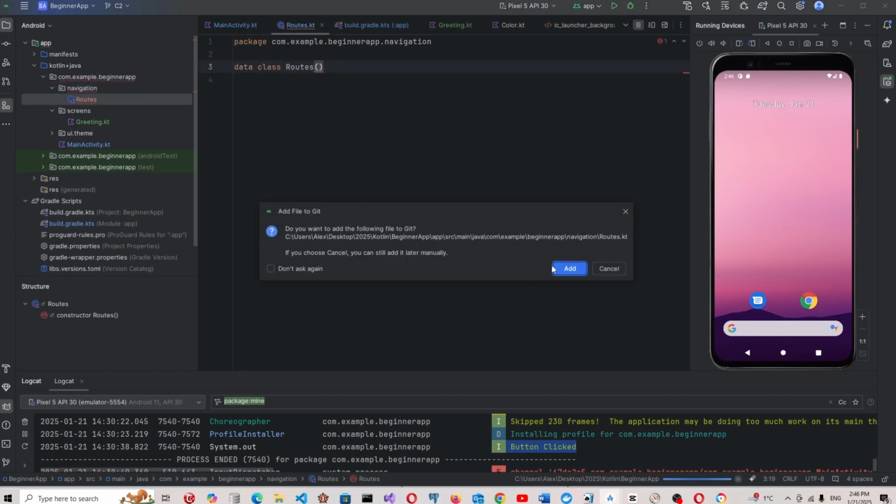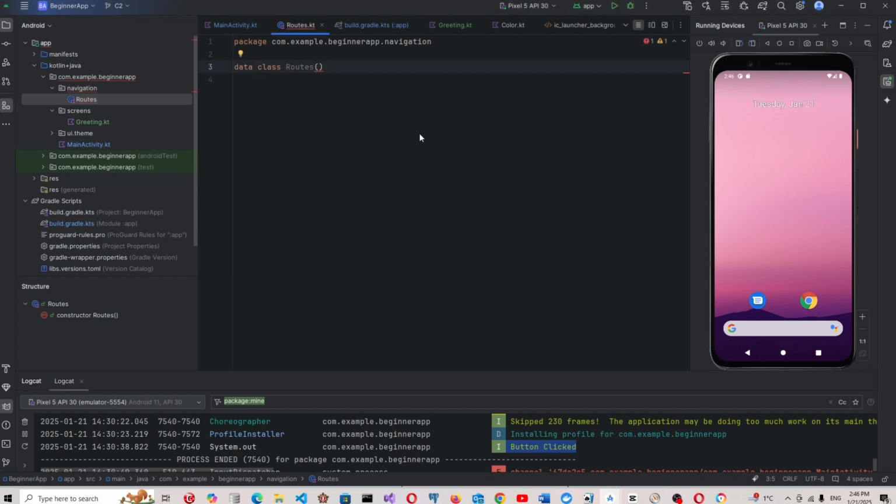Actually, we call it a sealed class, Routes, and in the sealed class Routes we say